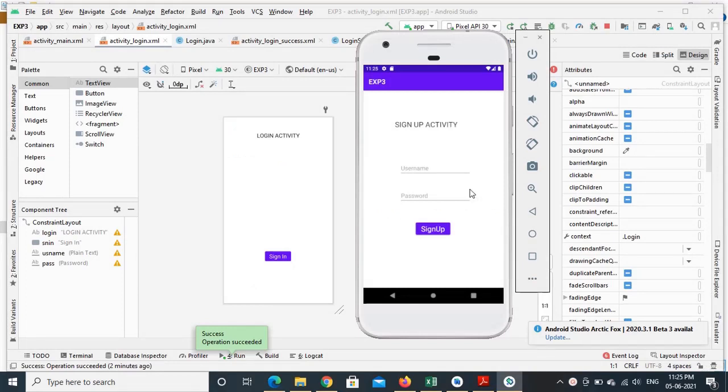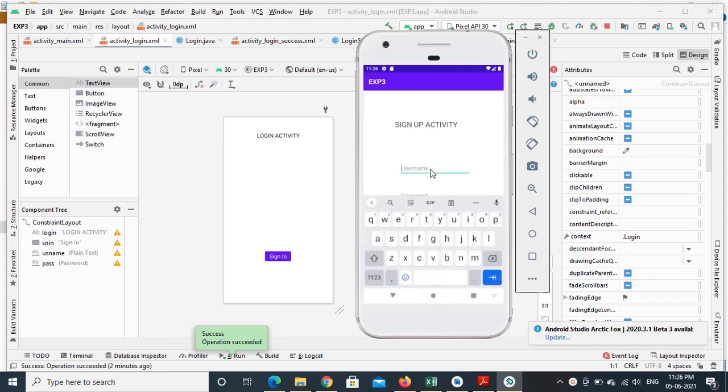Before actually implementing the application, we will see how exactly the application works. The first activity is the sign up activity, where it takes username and password from the user. I give the username first. My username is username itself, followed by the password. For the password I have to follow some rules. If I am not giving the password with the requirements, it will not accept the password.